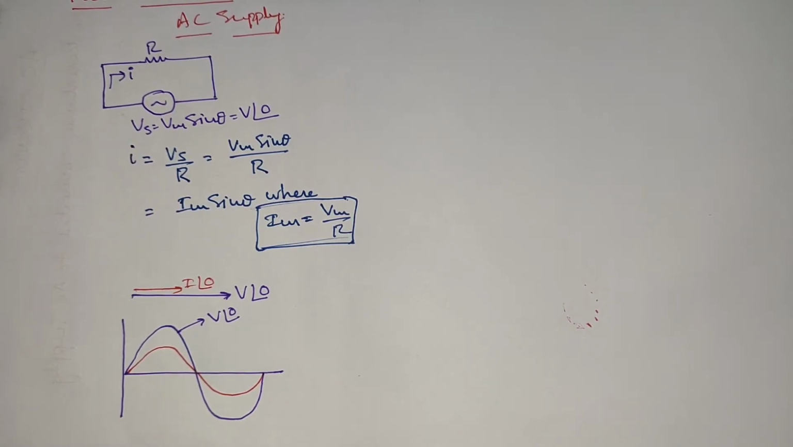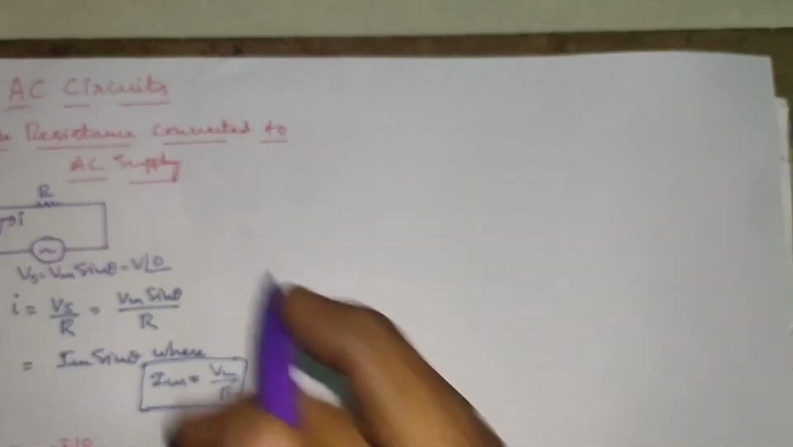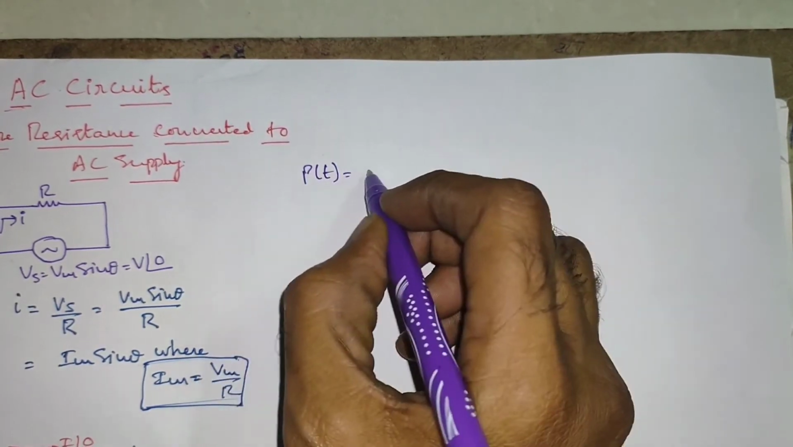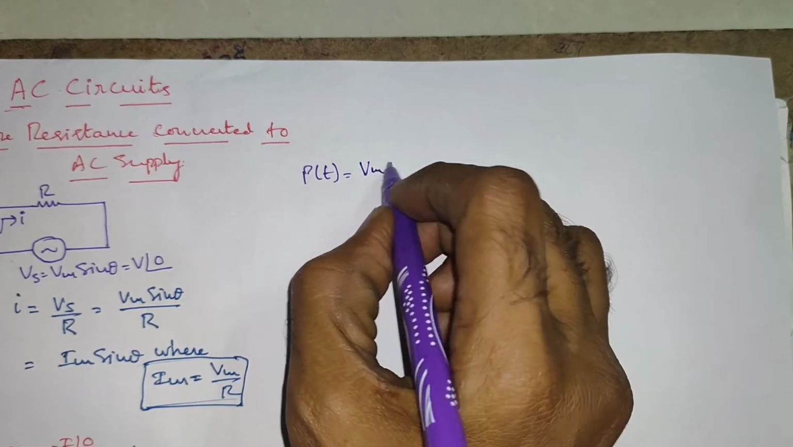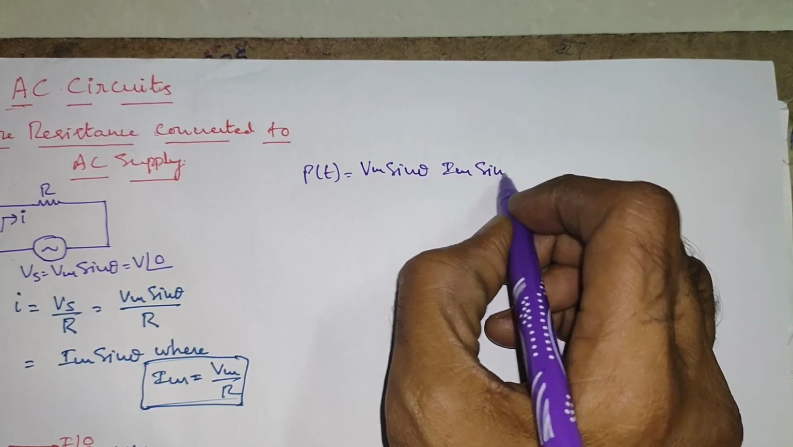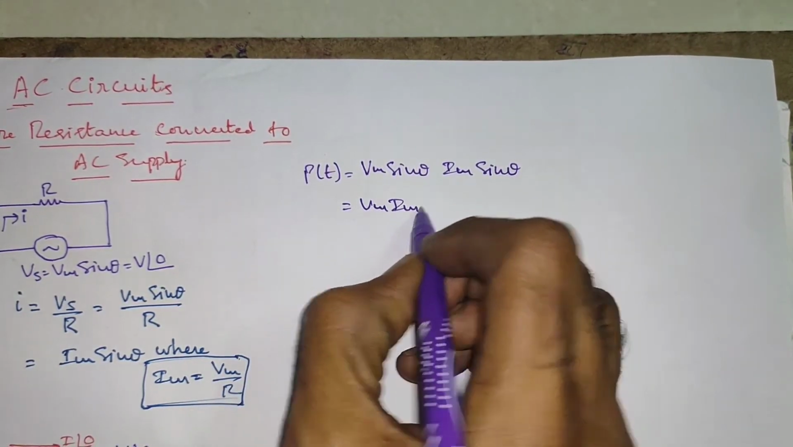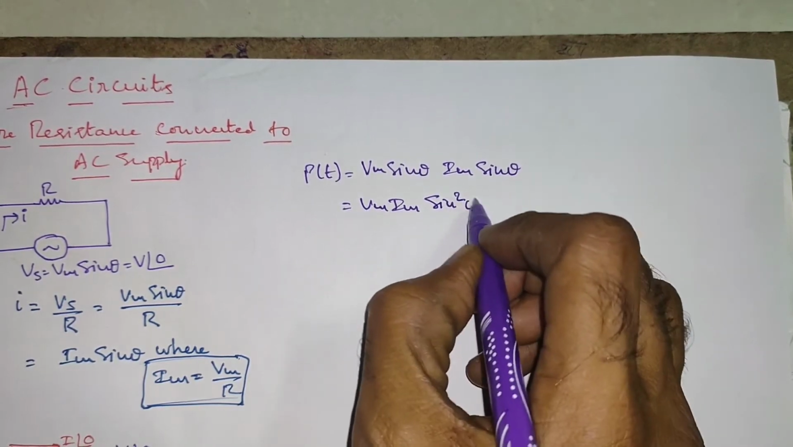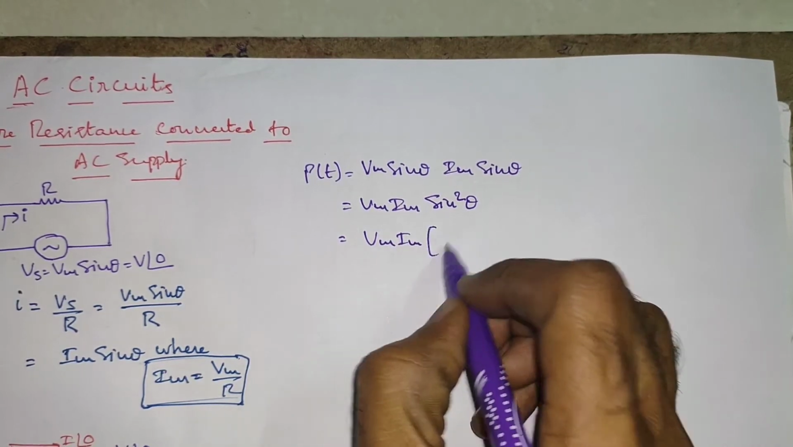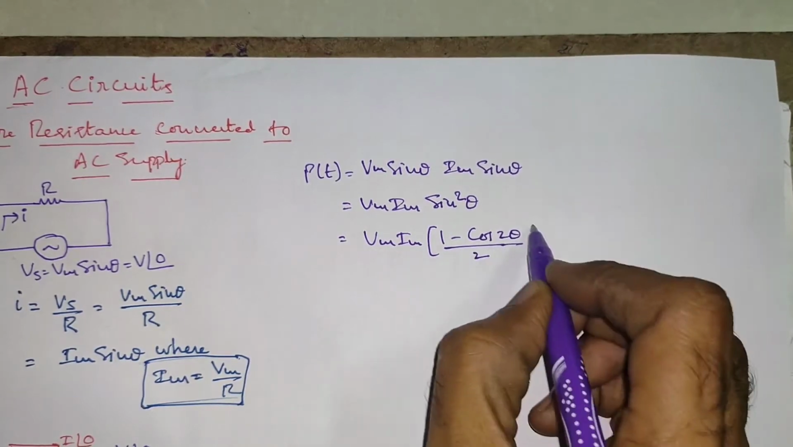Next, let us find out the instantaneous power P of t. Here the instantaneous power P of t is given as Vm sin theta multiplied by Im sin theta, and this is equal to Vm Im into sin square theta. Sin square theta can be written as 1 minus cos 2 theta divided by 2,